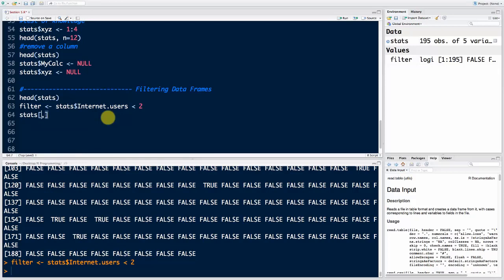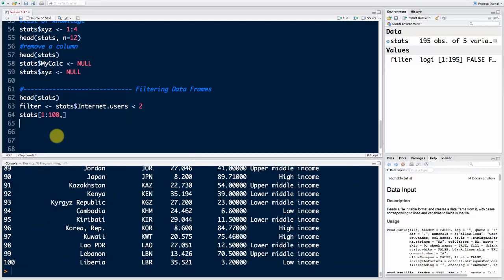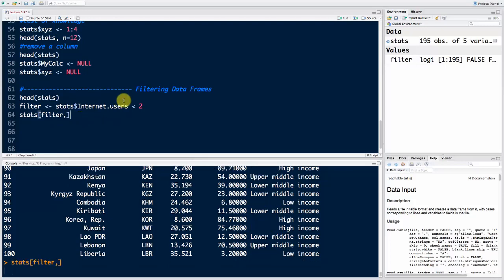In stats, you can say in the rows, you know how we used to say 1 to 10, or 1 to 100? We want to see the first 100 rows. Well, now instead of saying 1 to 100, we're going to say filter. And that will pass, and this is the important part that we have to understand, that stats will take a vector which is exactly the same length as the data frame, but this vector is a true-false vector. So every time it comes across a true, it will display that row. Every time it comes across a false, it won't display that row. So if we run that,